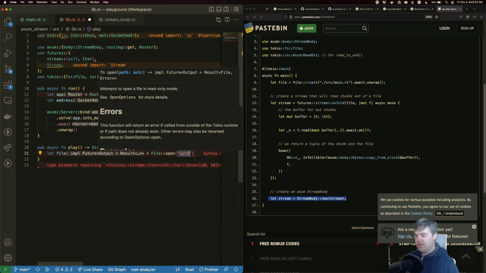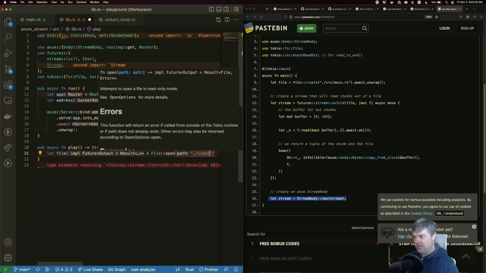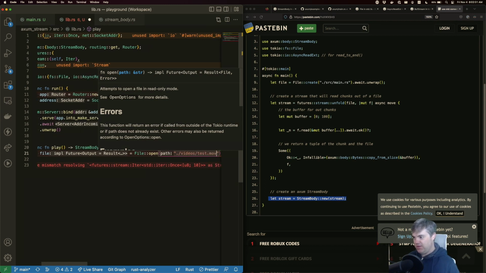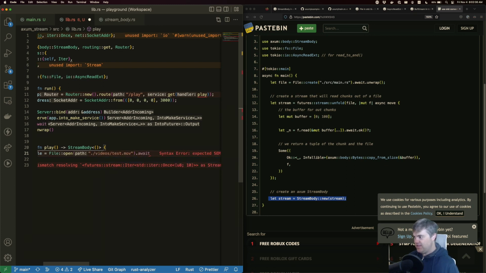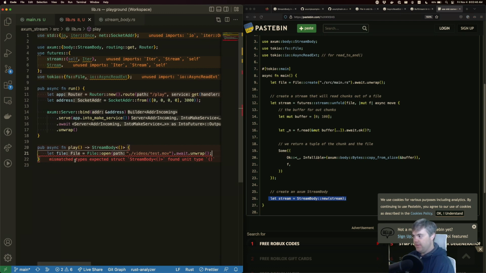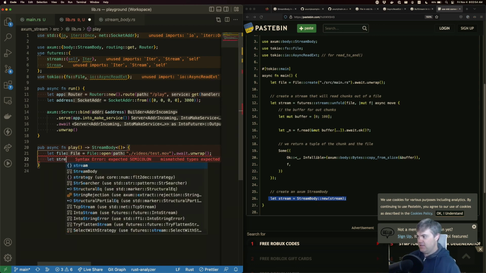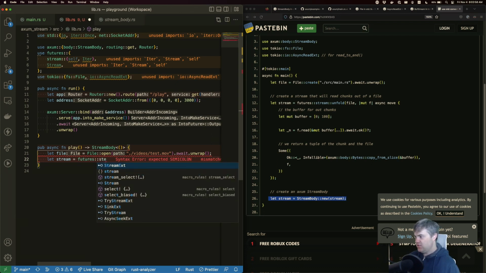Open lets me do the path. So if I want, what is this called? This is videos test. Videos test.movie. Okay, then we await, unwrap. Okay, that gives me the file. Then I want to create the stream. So let stream equals, okay, so we're going to go into futures stream,